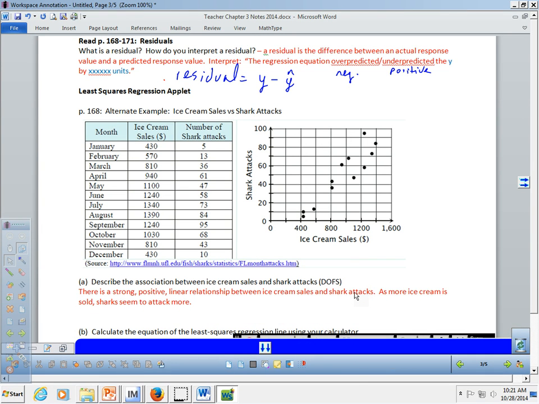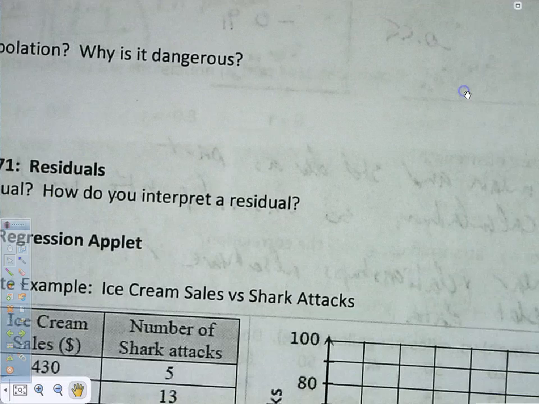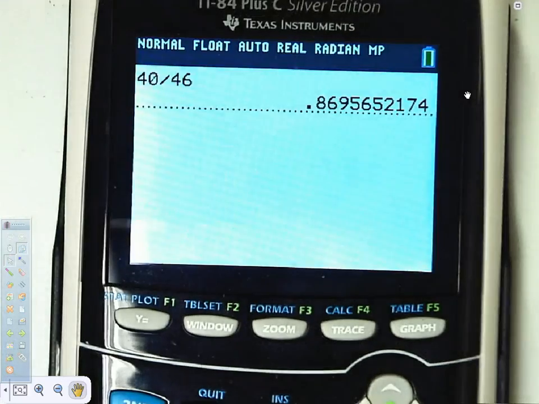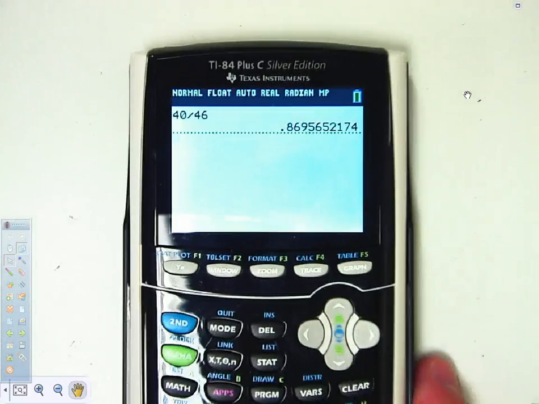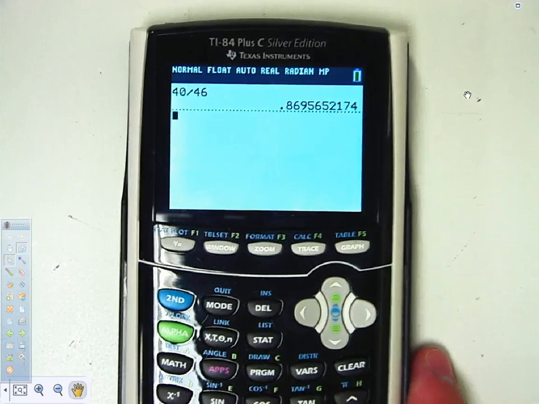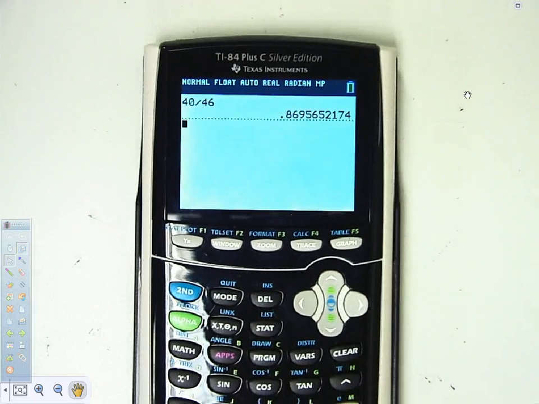Part B wants you to calculate the equation of the least squares regression line using your calculator. So I'll show you how to do that real quick. Okay? So you have your data typed into your two lists. And so what we're going to do is we need to find our regression analysis function. It is a statistics calculation. So we want to go into stat